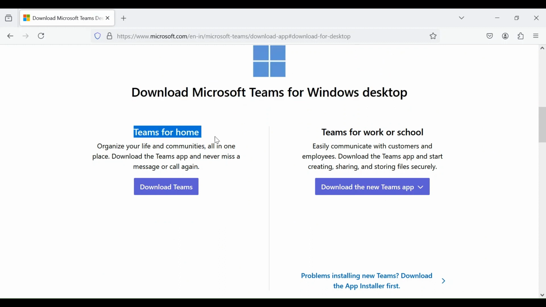One is Teams for home, the second is Teams for work or school account. Work or school means this is more for corporate accounts, for example, domain accounts mostly. And domain as in, if you or your company has xyz.com, abc.com, google.com, microsoft.com, facebook.com kind of domains, right? Those would be corporate domains being used, and for those domains you can use or download this